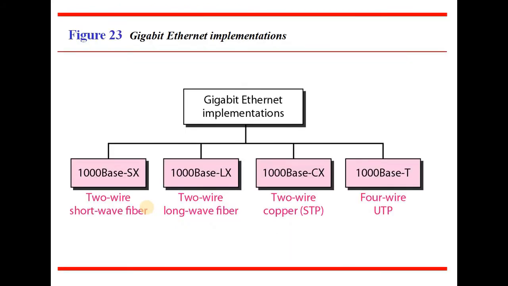Next we have one more thing, called the traditional method, carrier extension. In carrier extension, the size of the frame is fixed to 512 bytes, which means that you send the data in the form of frames, and the frame size is fixed to 512 bytes. If it is less than that, then you are going to perform padding and then send it across the network. This is called carrier extension.